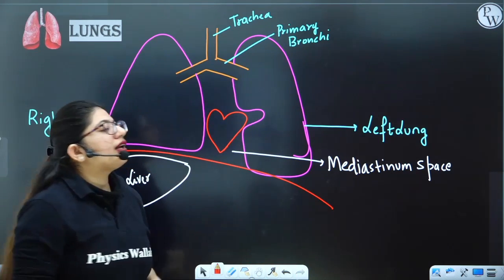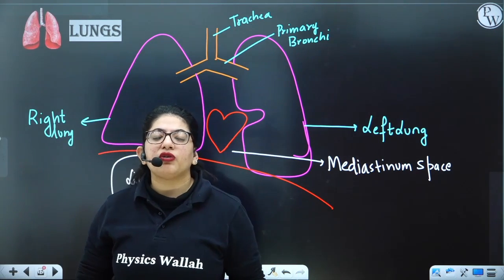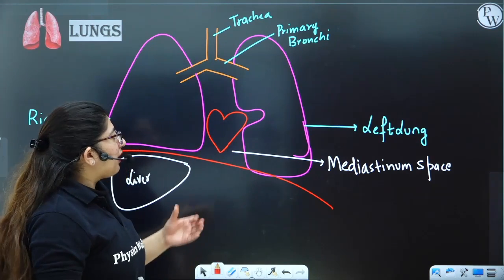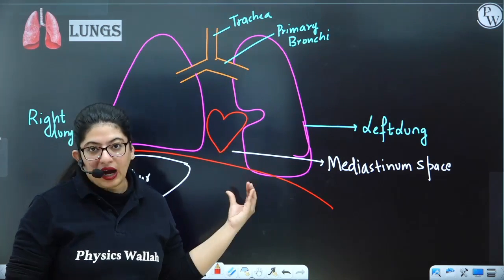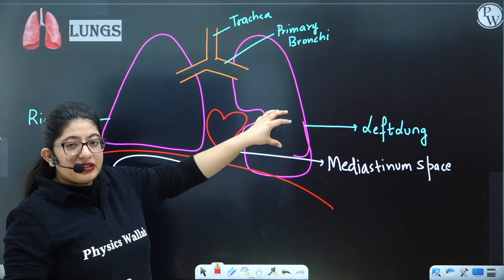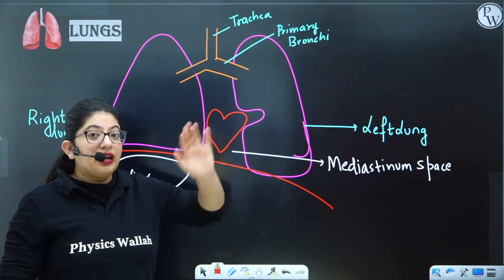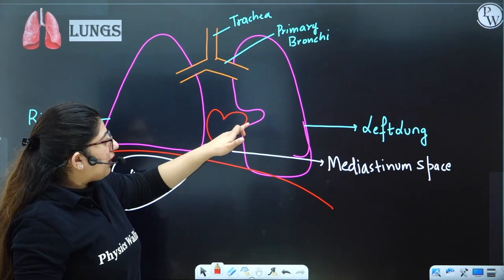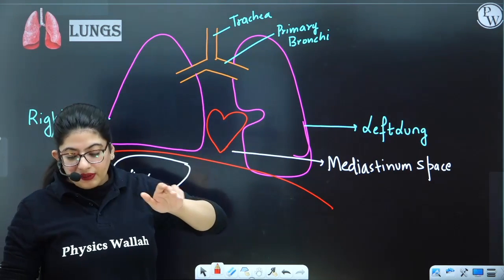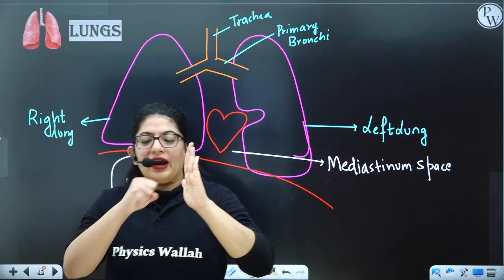So while you were in the mother's womb, you were developing, you were embryo. So heart needs to be accommodated here. We need some space for heart. So the lungs develop accordingly. So lungs, due to heart, they formed a depression. If I have this structure and this is heart.